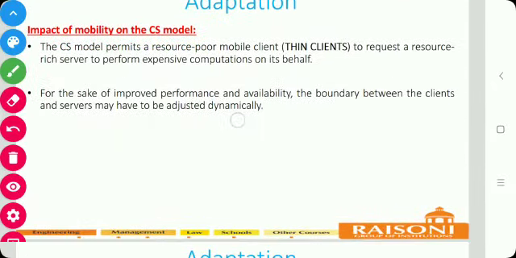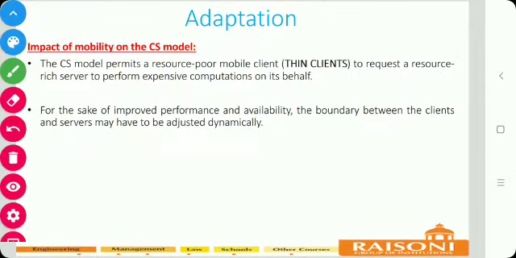Next is the impact of mobility on the CS model. As we know, in mobile computing the devices are mobile, means they move from one place to another.